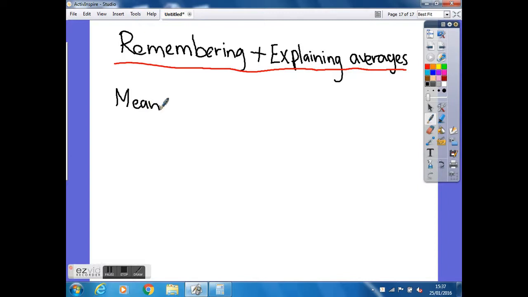So if we start with the mean, again, take the word itself, and this one, I'd like to think of it as the most difficult, or actually the meanest. So it's the meanest average to actually work out and calculate. So I'm going to put most difficult / the meanest, because this is the one where you have to do the most work. So first of all, you have to find the total